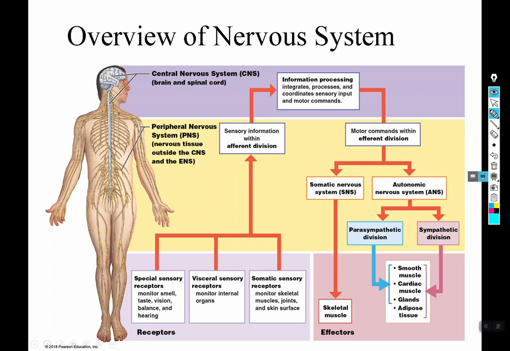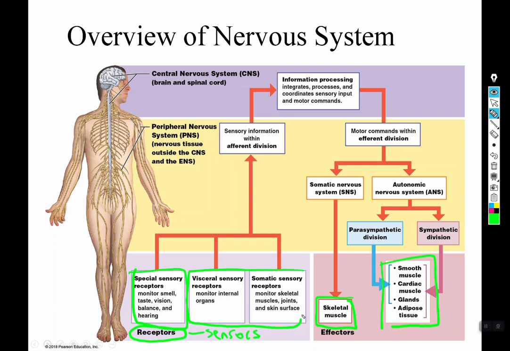Okay, so back to our little PowerPoint here. So you can see sending and receiving motor and sensory information. And then down here we have the division of effectors and receptors. So receptors are basically sensors, and effectors are all of these things. So one thing it would be a good idea to look at is be able to list all of the various kinds of effectors. So notice all three kinds of muscle tissue, glands, and fat. Those are the effectors. And then we'll get into sensory receptors a little bit more later, but basically your special senses are your quote-unquote 5 senses, and then